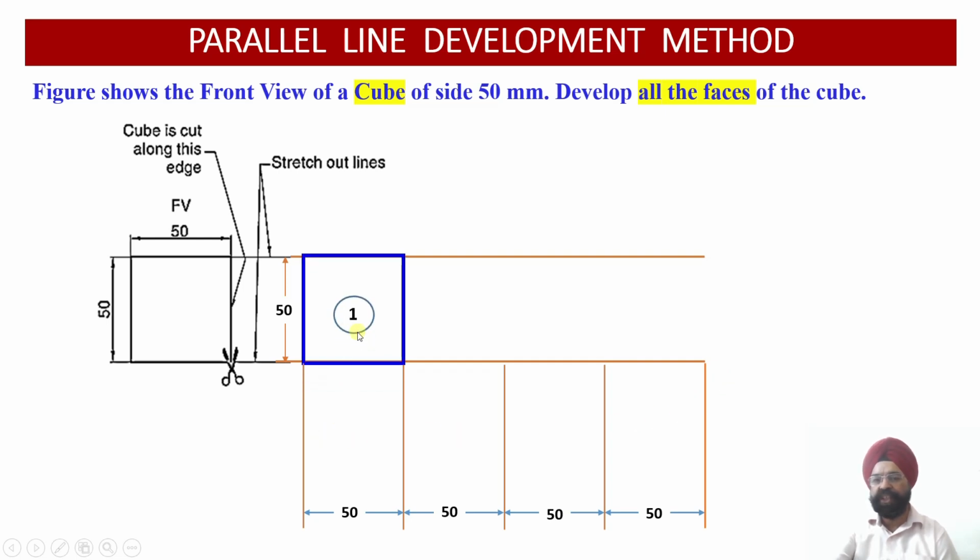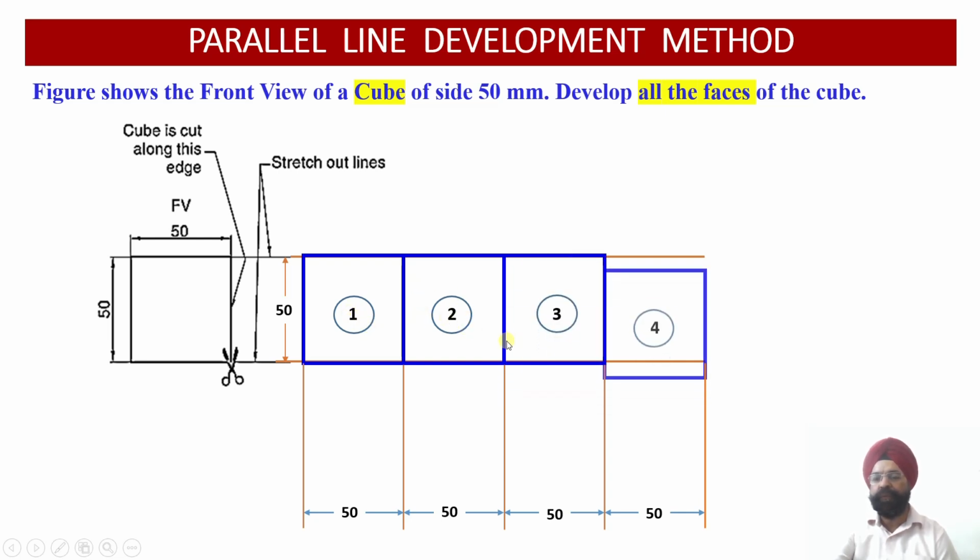Now this is the first square. You see the height is equal to 50 millimeter and the width of this particular square will be 50 millimeter. Similarly, this is the second face of the lateral surface. It will appear adjacent to the previous surface, right? Similarly, the third one and the fourth one. So here we can see the total length of the lateral surface will be 200 millimeter,